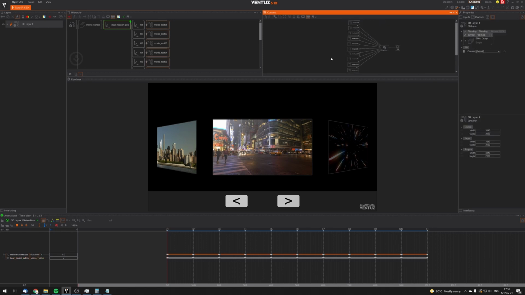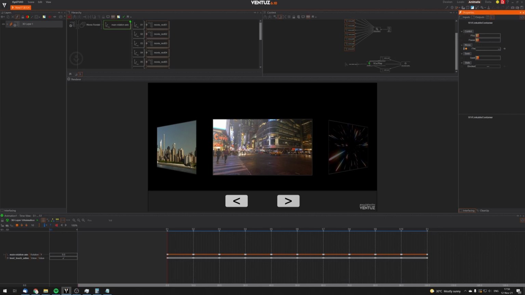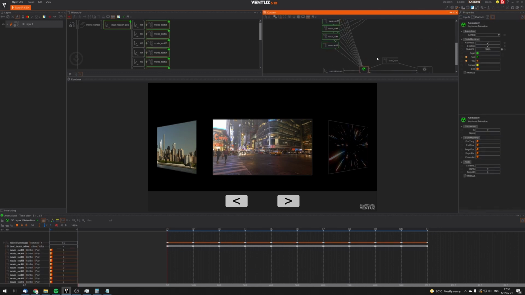So we have our movies here, and what we do simply now is select all of them, and we said we want to have the play and the seek, right? So let's select all the movies, and if they all have the same exposings, and they do, because they are containers, so with this we make sure. Then we select all 10 movies, and we drag and drop that play property over our animation. And we do exactly the same with our